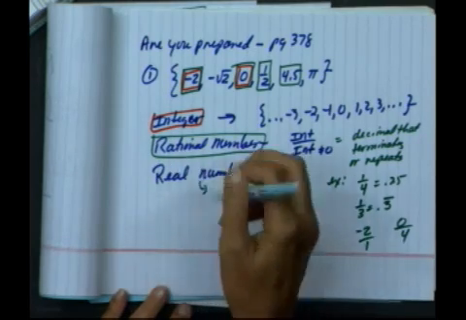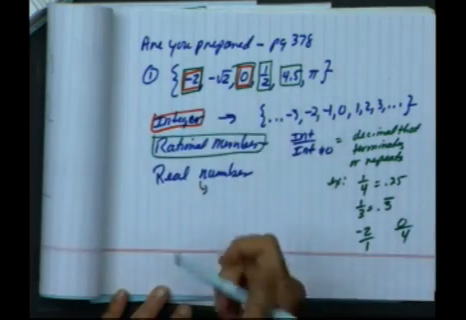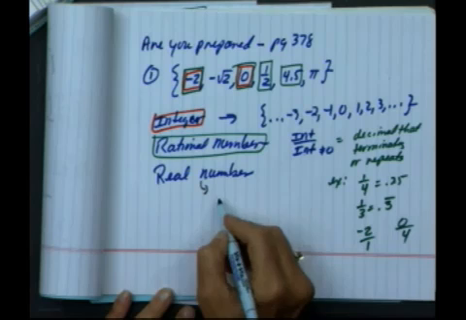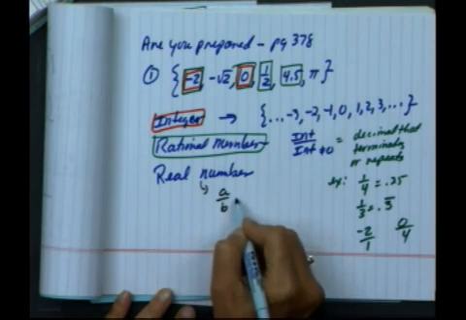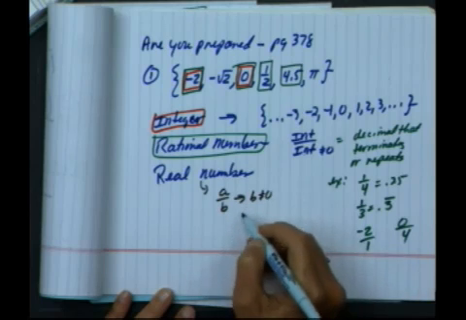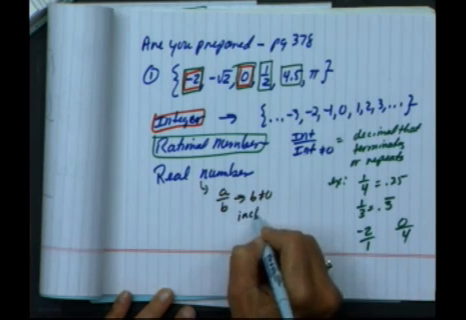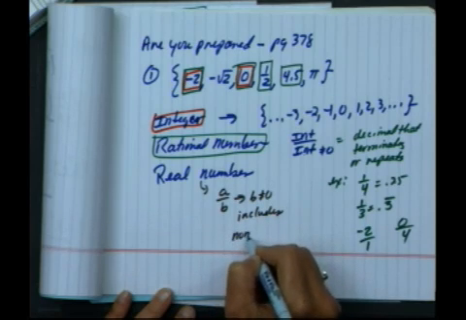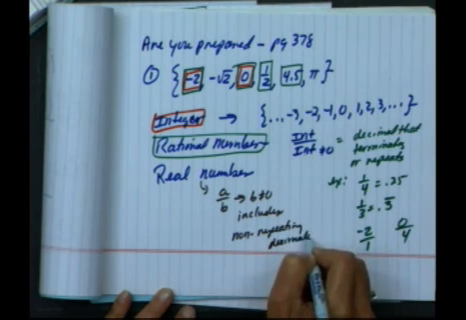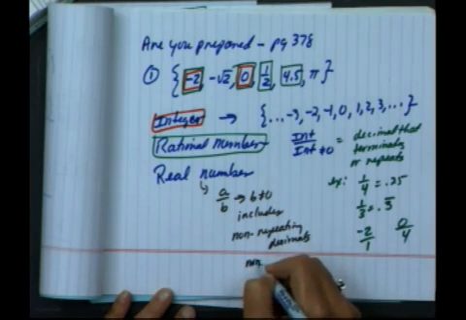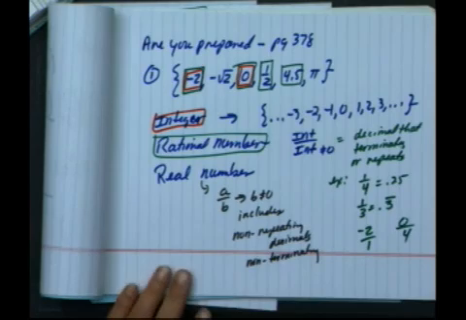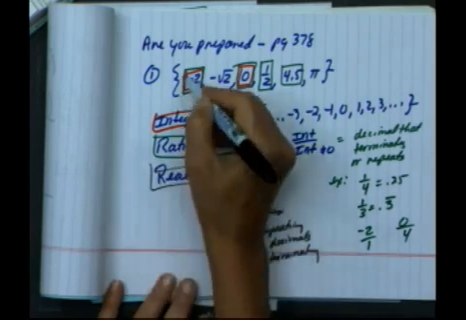Real numbers take in rational numbers and integers. These are just subsets of the real numbers. Any number you can write as a fraction a over b, of course b not equal to 0, is included, but real numbers also include non-repeating and non-terminating decimals. So real numbers also include what you already have,